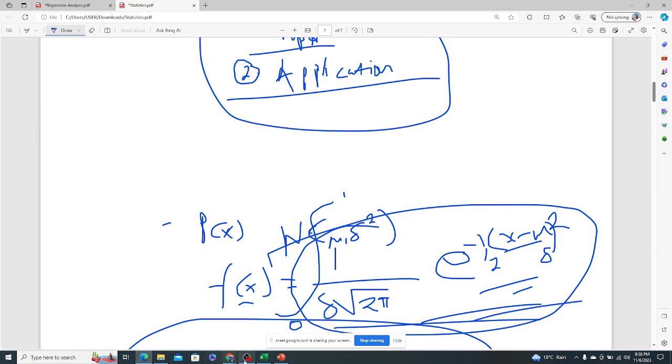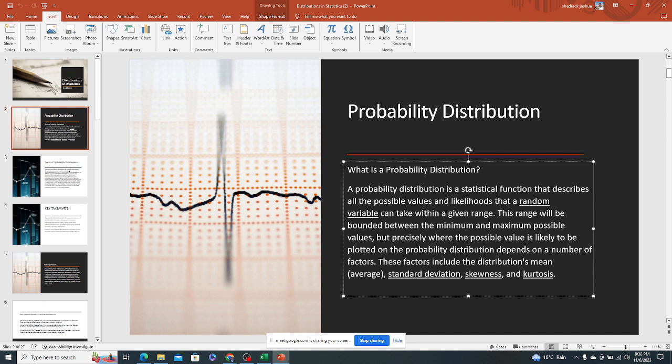That is for a continuous distribution, the normal distribution. It is bounded between the minimum and maximum possible values, but precisely where the possible value is likely to be